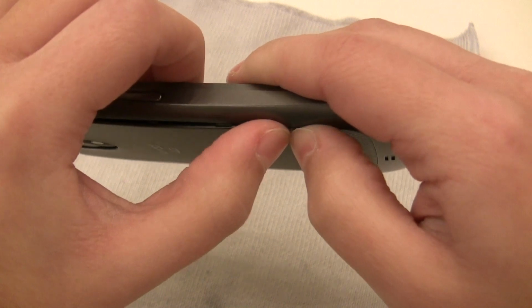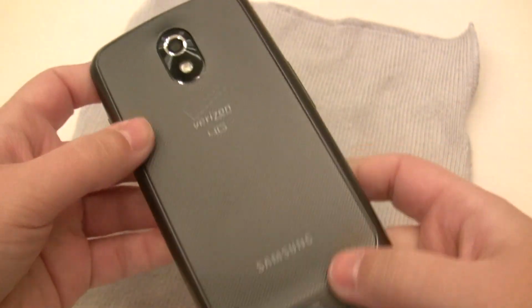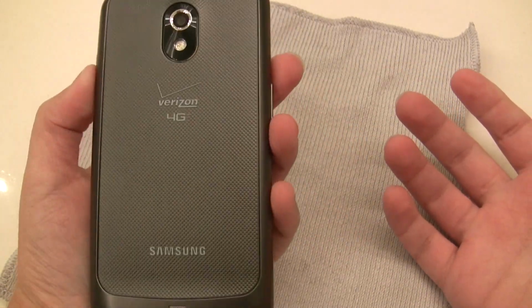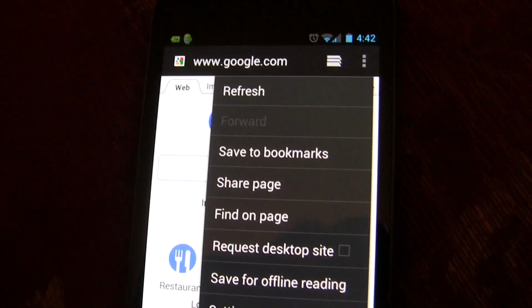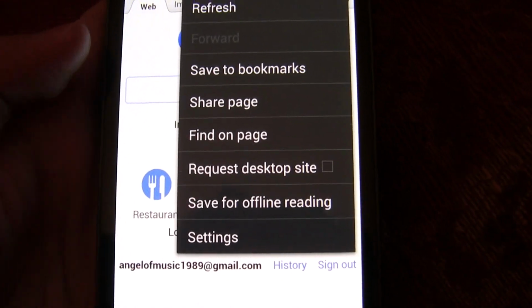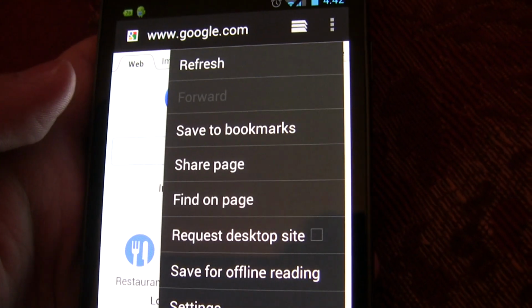Use 2 thumbs for equal pressure, done. So there you go. That was not something that would cause any type of issue, no breaking, no problem. I can definitely say that those of you who use your phone for mostly internet browsing will be very pleased with the Galaxy Nexus. Now, what's really nice is that it's Ice Cream Sandwich, and of course that's the newest